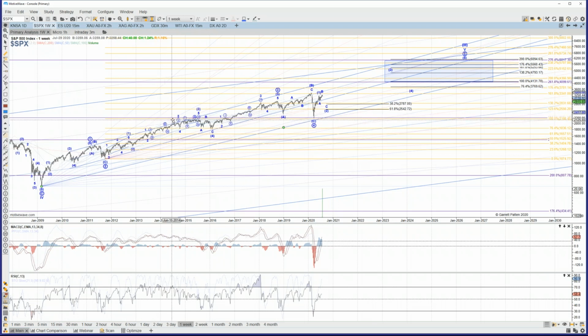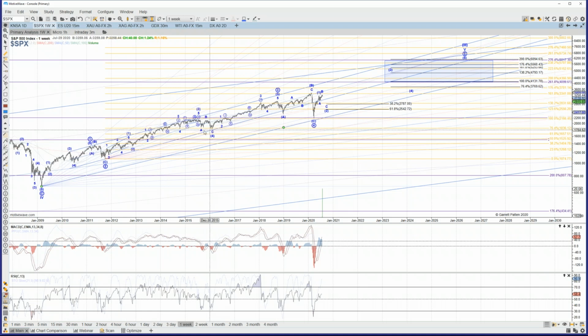So for example, we had an intersection with the 100% common target for wave 3 of 3 back here in 2014. And then the next one was in 2015. It topped a little bit closer to the second fib fan there, kind of in between them, but closer to that second one before turning down. Again, it's not anything really exact. It's not something that I place a ton of emphasis on as far as timing, but it can give you a rough estimation where sometimes you will see those